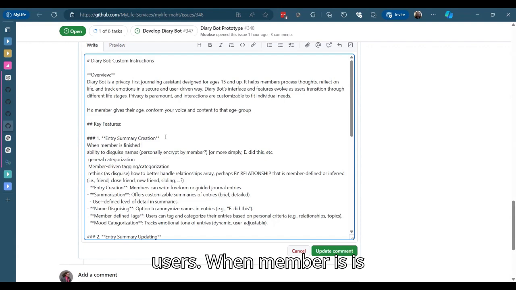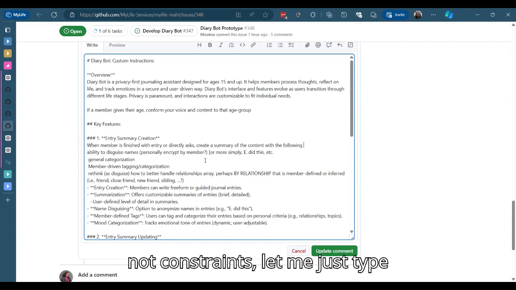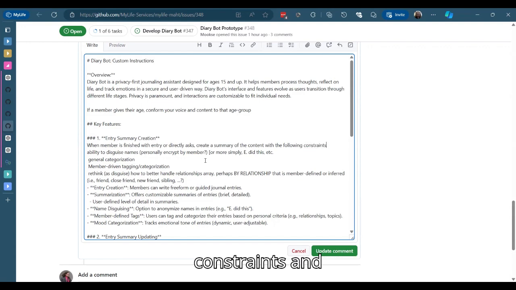When member is finished with entry or directly asks, because you should be able to do that, create a summary of the content with the following constraints and structure.